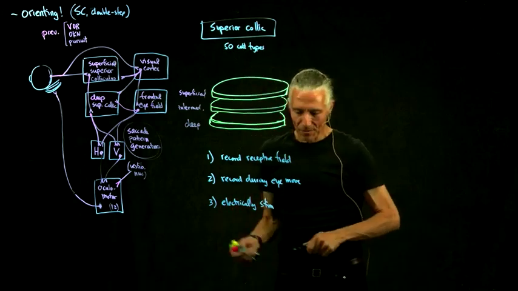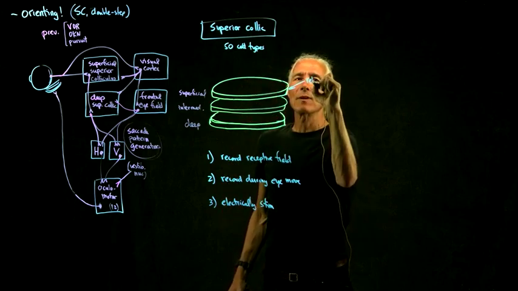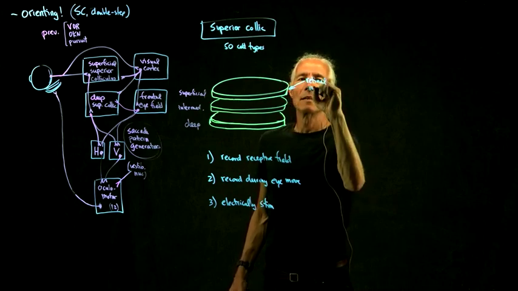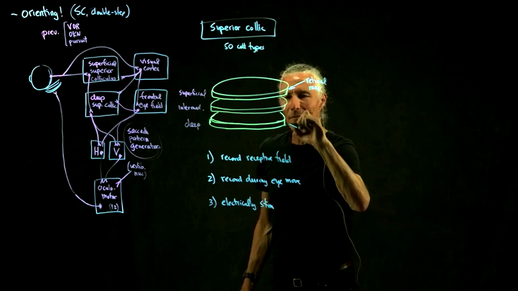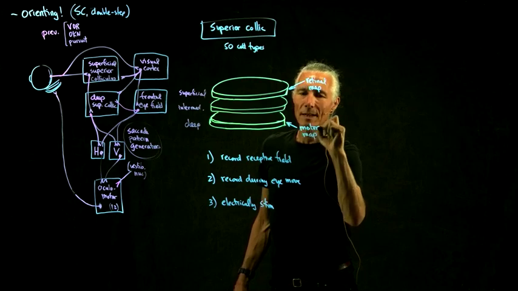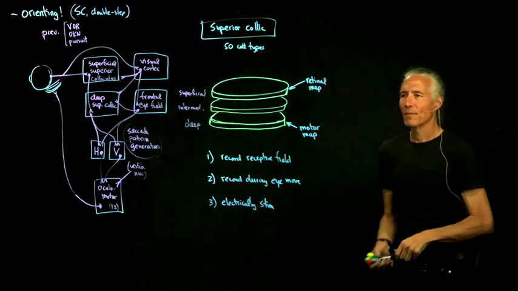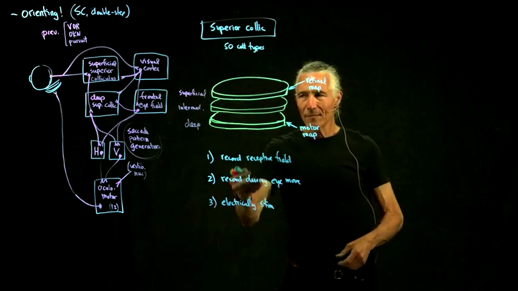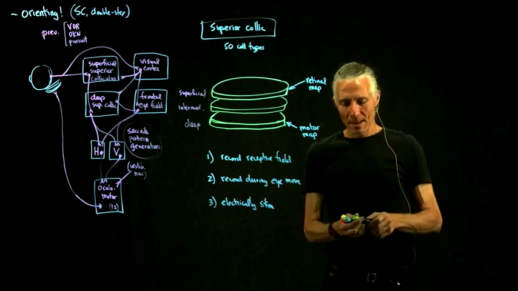And what are the conclusions from these experiments? It was basically that we have a retinal map in the superficial colliculus, and then we've got something a little more complicated going on in the intermediate. We'll just leave that out for now. And then we've got a motor map down here. So what does that mean? Like I said, 50 years ago, they knew there was a motor map in the deep colliculus. And to see why people thought that was a motor map, if you look at